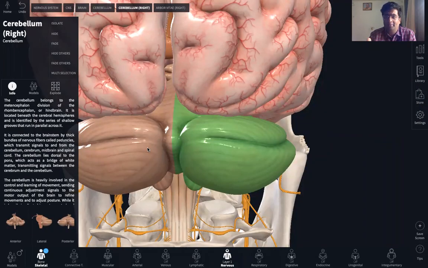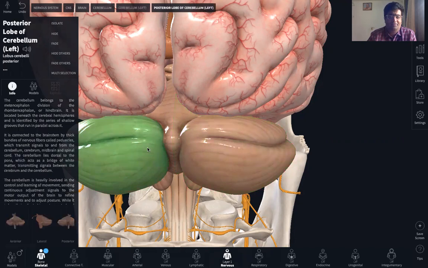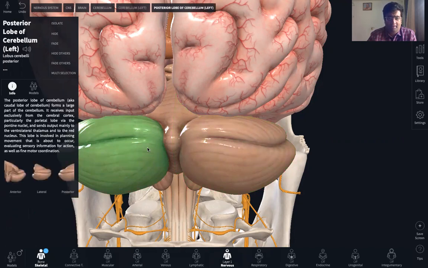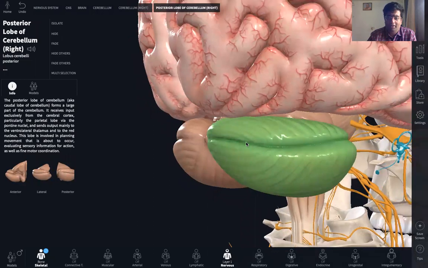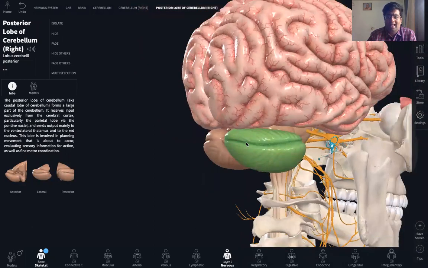That is the right cerebellar hemisphere and the left cerebellar hemisphere. Now, the cerebellum is the part of the brain that is responsible for controlling all your muscular actions. It coordinates between the voluntary muscles. So it is like an orchestrator that regulates the working of the skeletal muscles